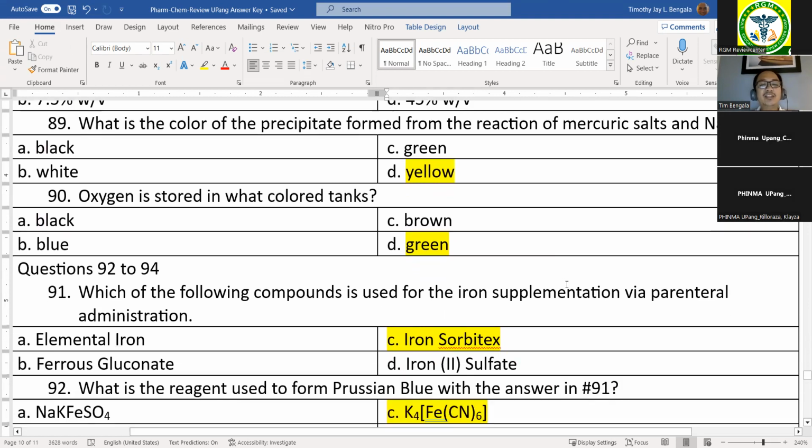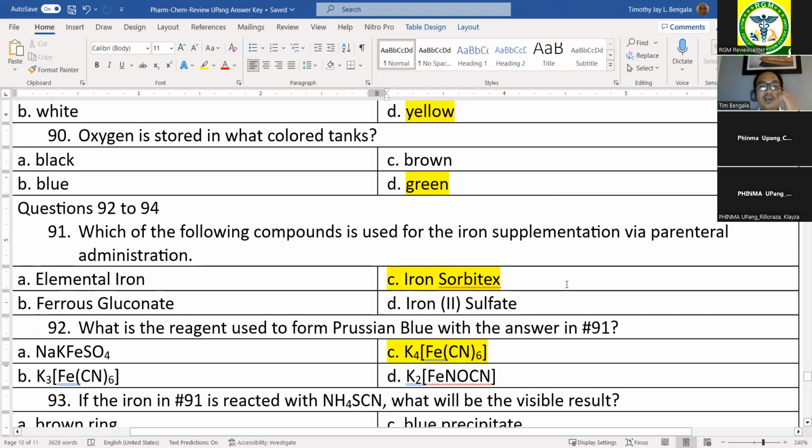So 92 to 94. So dito, which of the following compounds is given via parenteral? So elemental iron, yun nga yung very small, pwede siya for oral. Ferrous gluconate, oral. Iron 2 sulfate, oral din. Yung iron sorbitex, iron sucrose, ito yung for IV. So ito yung mga ferric ions na ginagamit for supplementation na parenteral. So Prussian blue,